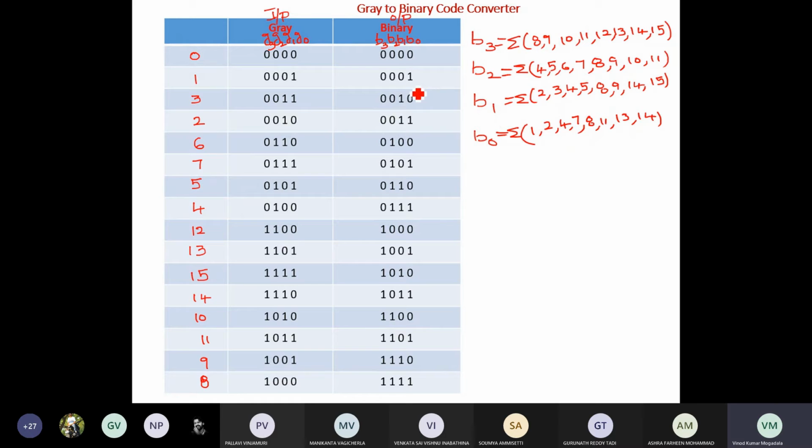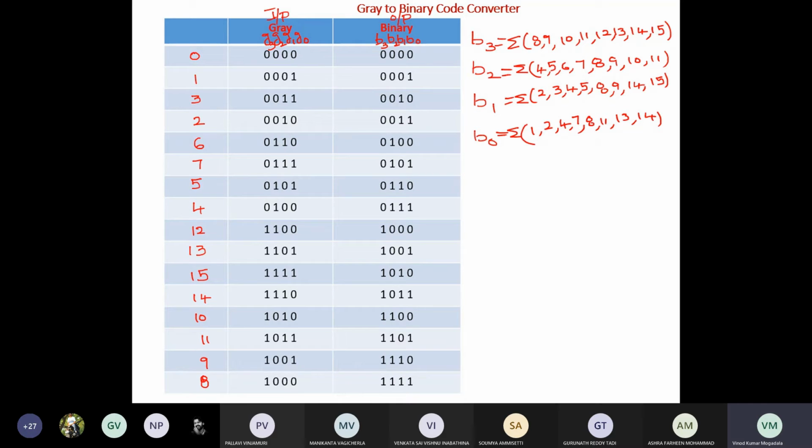B0 is 1, 2, then 4, then 7, and then 8, 11, then 13, 14. So these are the minterms for each of the output functions.